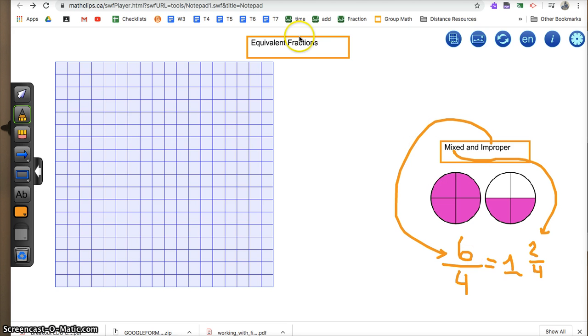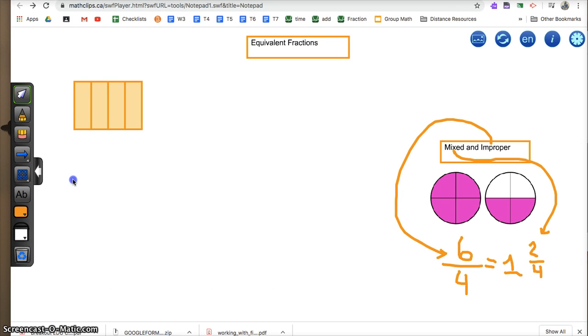So then equivalent is kind of like this. This is writing it two different ways, but it means the same thing. So can we write a fraction a different way, but also divide it a different way? Let's just stick with this one whole right now. And I'm going to do it as a rectangle. So here I have one whole,